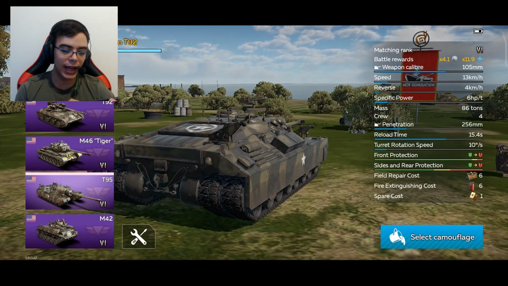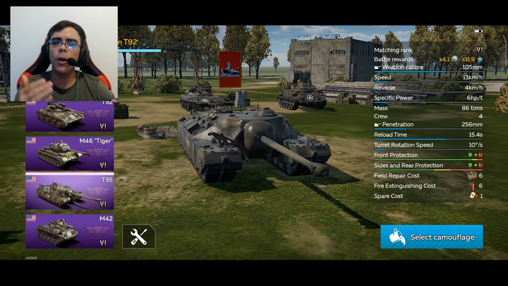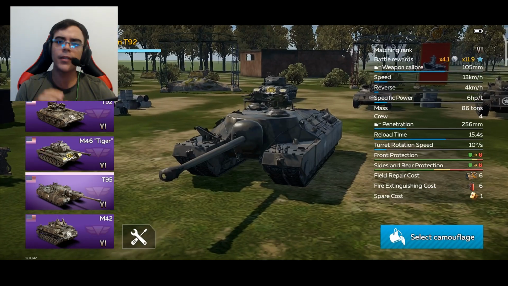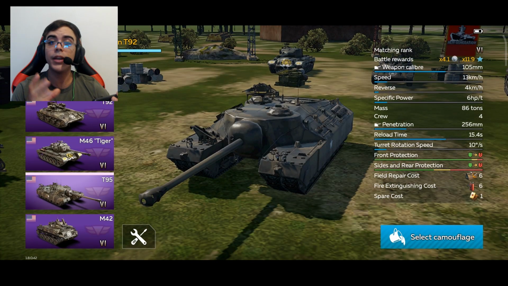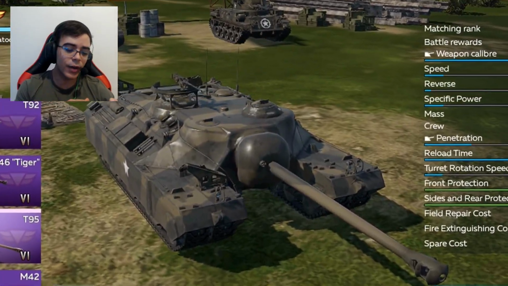Look, this vehicle has 2 tracks. Also, the frontal part of this vehicle is really strong, so it will be almost impossible for you to penetrate this tank with almost all the types of shells in this game. And that takes me to the second weak spot, and it is the commander's cupola, which is located right here